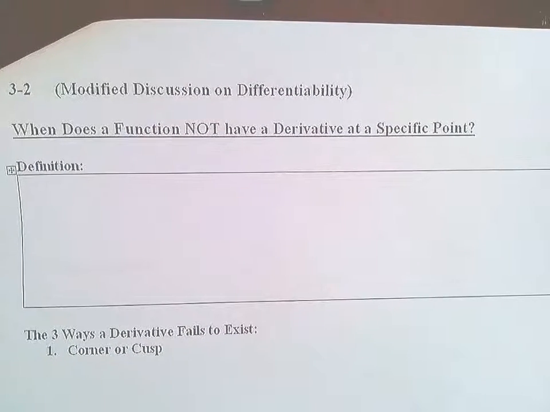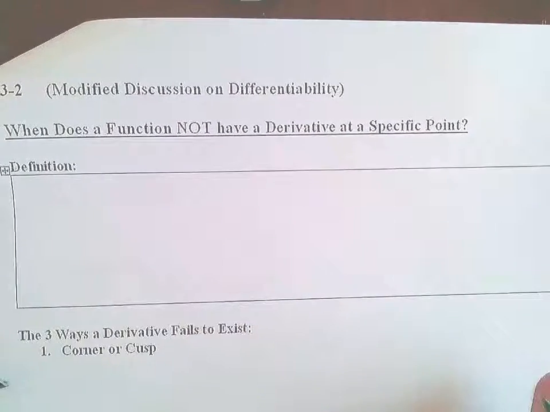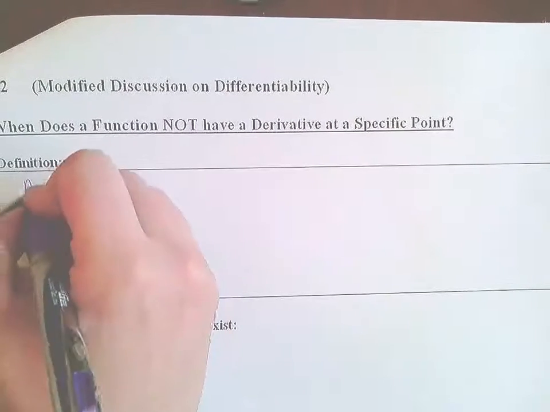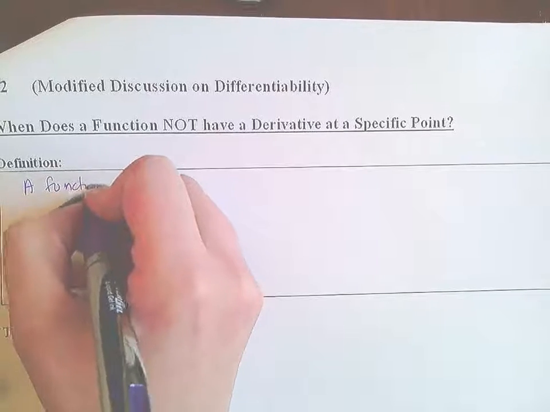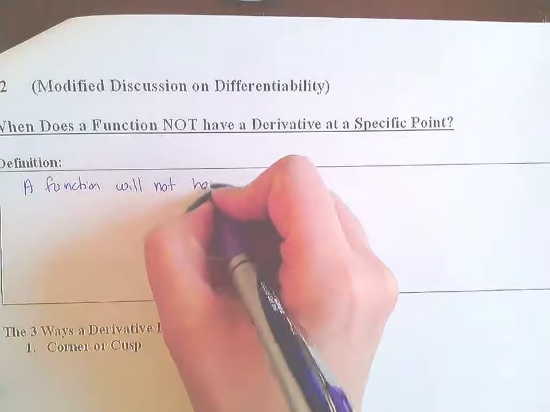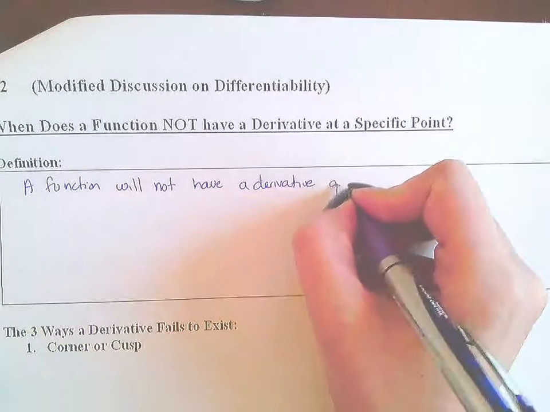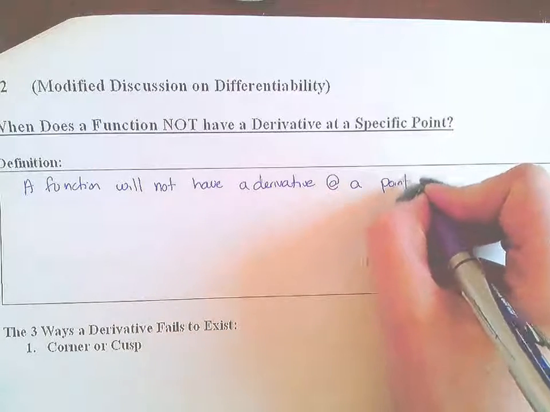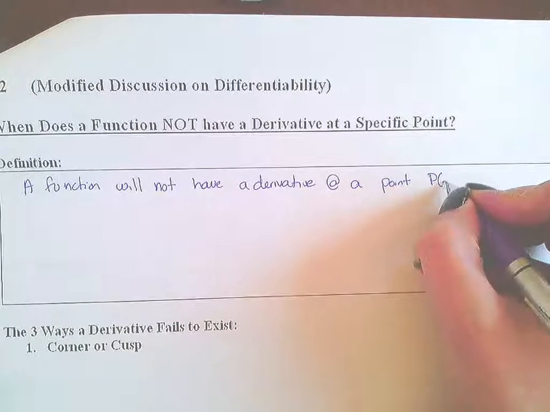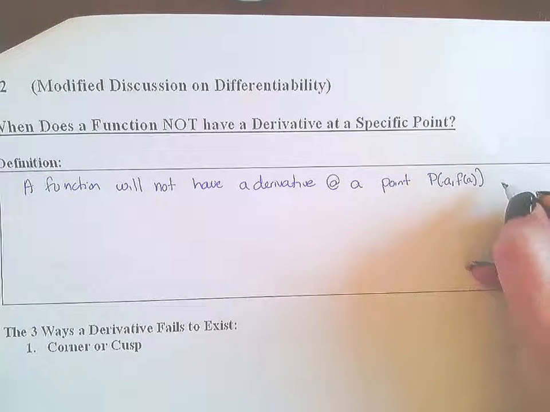All right, so section 3.2, modified discussion on differentiability. When does a function not have a derivative at a specific point? So the definition says a function will not have a derivative at a point, let's call it P, so a and f of a, your x and your y, where the